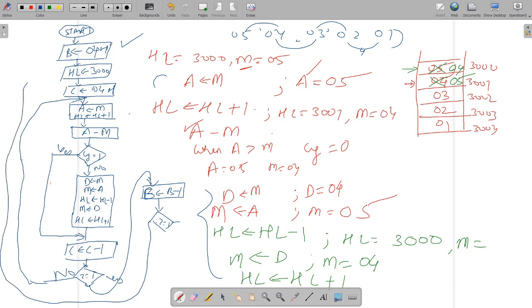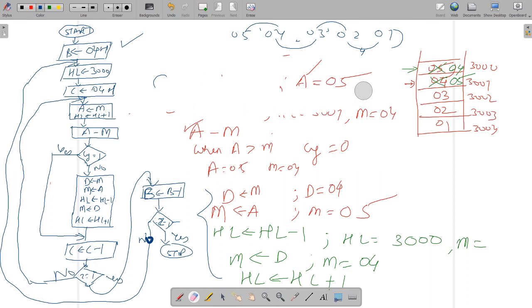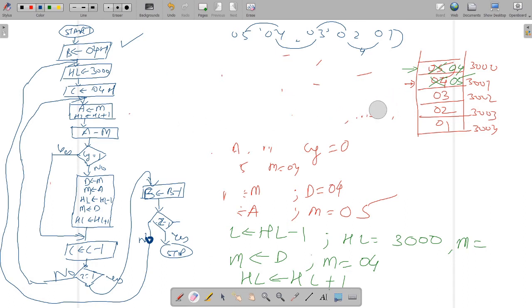Okay, so you have initialized here. So you have to do here. Okay, so this is Z equals 1. And when you are jumping here, when the no is there, now this is yes, and this one is stop. So it means that we are going to arrange all the bytes of data from the same memory location. If you want to arrange your bytes of data in another memory location, then the subroutine will be used.